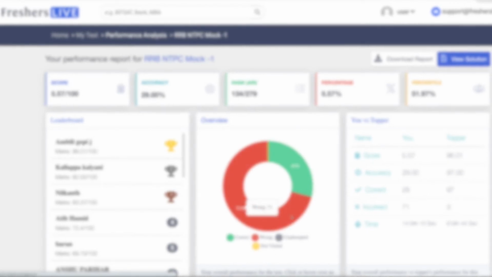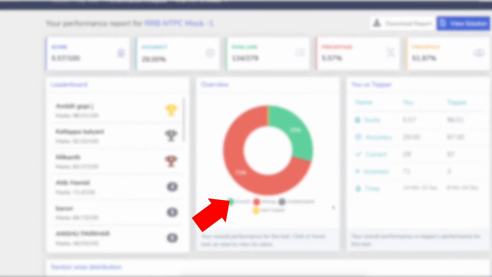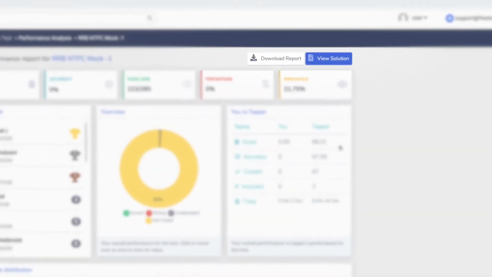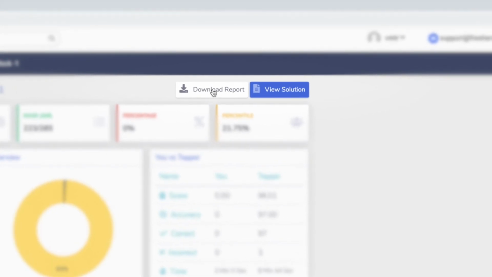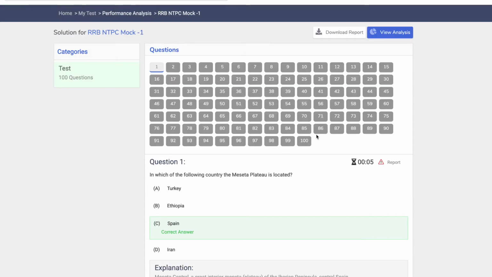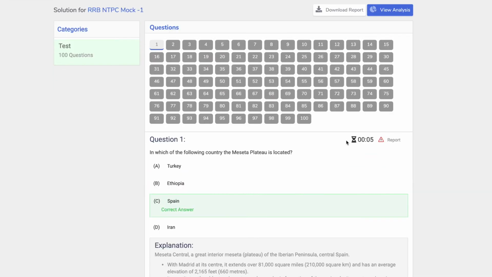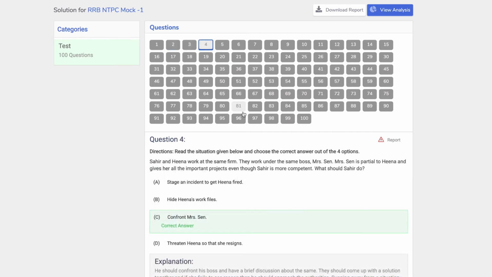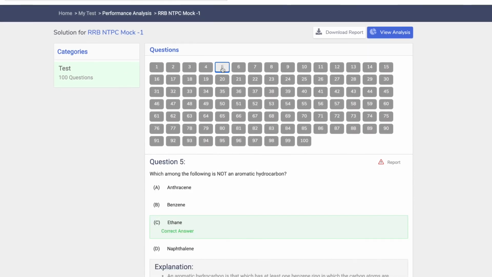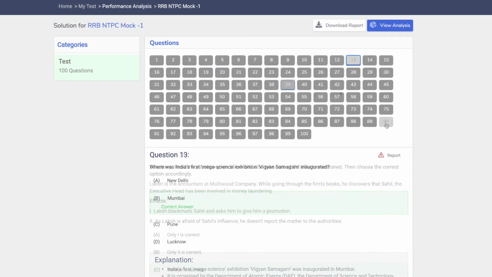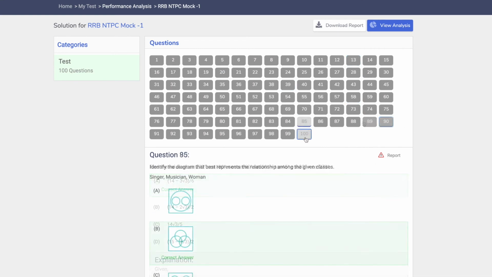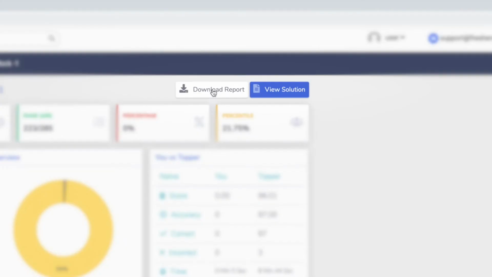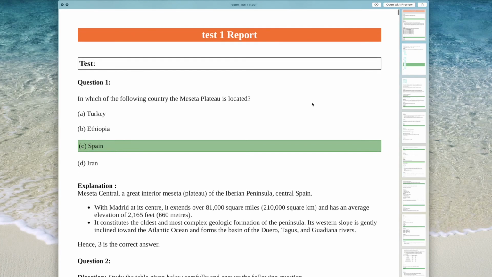You can get the result after completing the test, with your score, right answers and negative markings. You can also download and find the original answers. You can get the answers in PDF format.